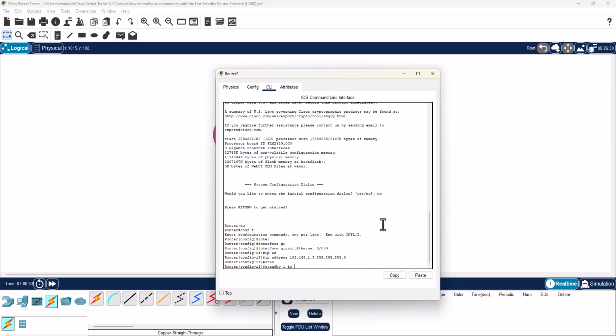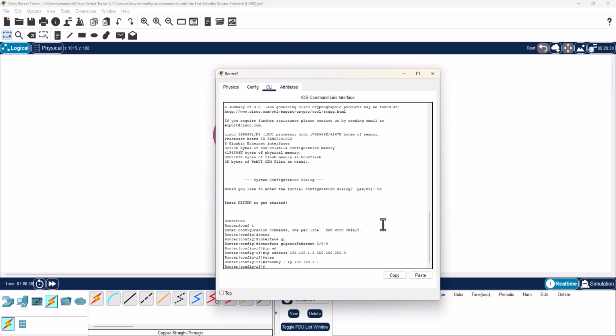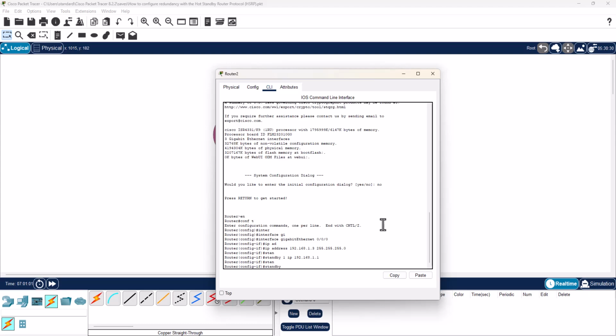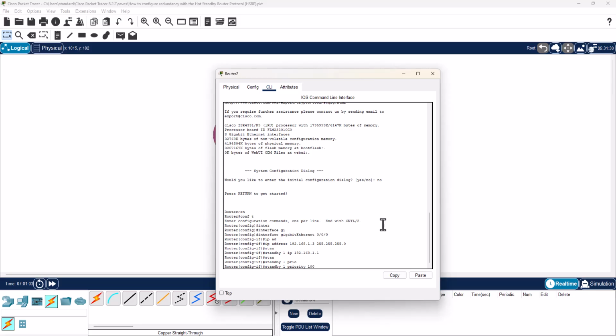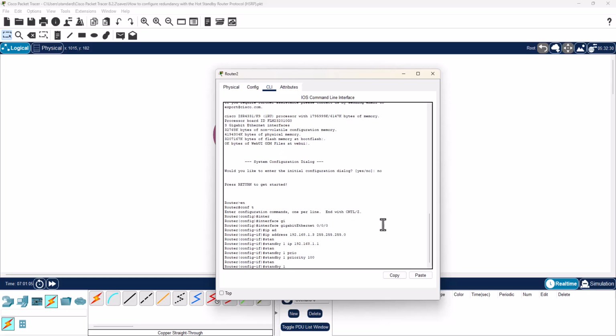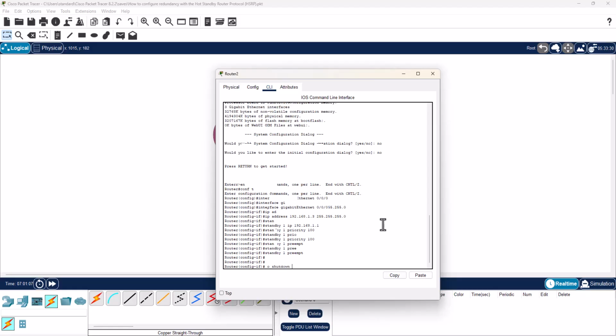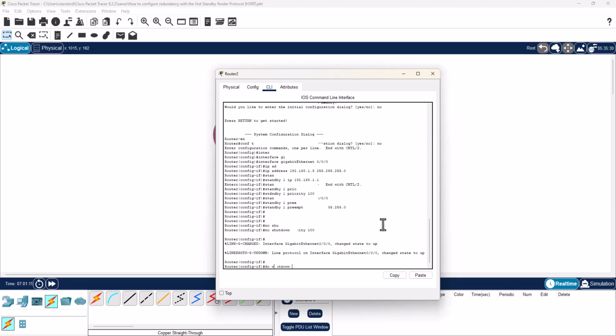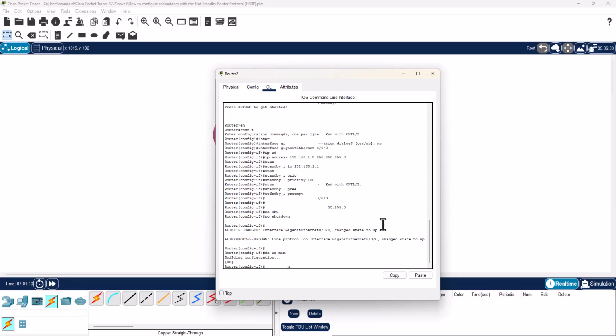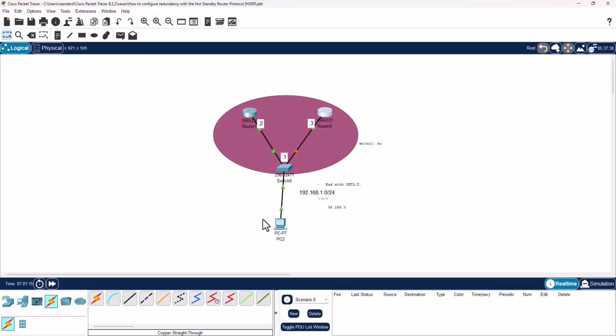Next, standby 1 ip, same as before, 192.168.1.1, which is the virtual IP address. Standby 1 priority 100, and then finally standby 1 preempt. No shutdown, and then do wr mem to commit the change to memory. We close that window,